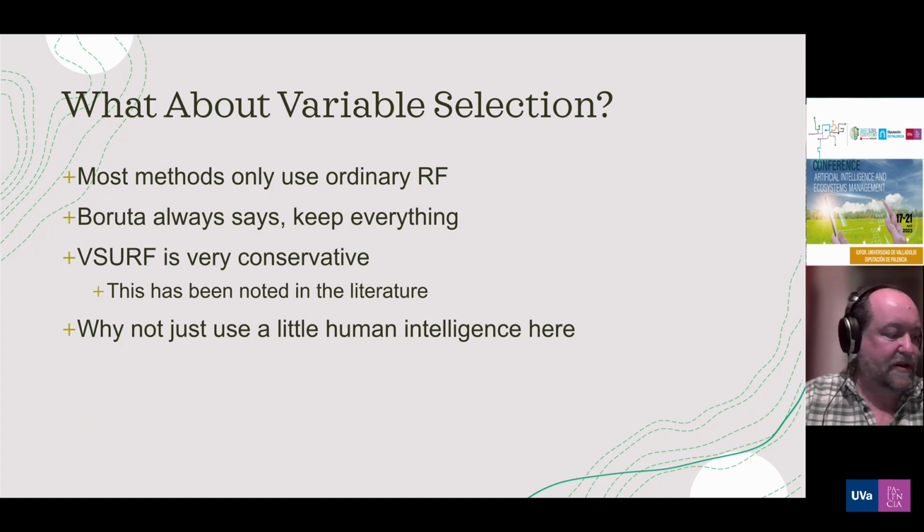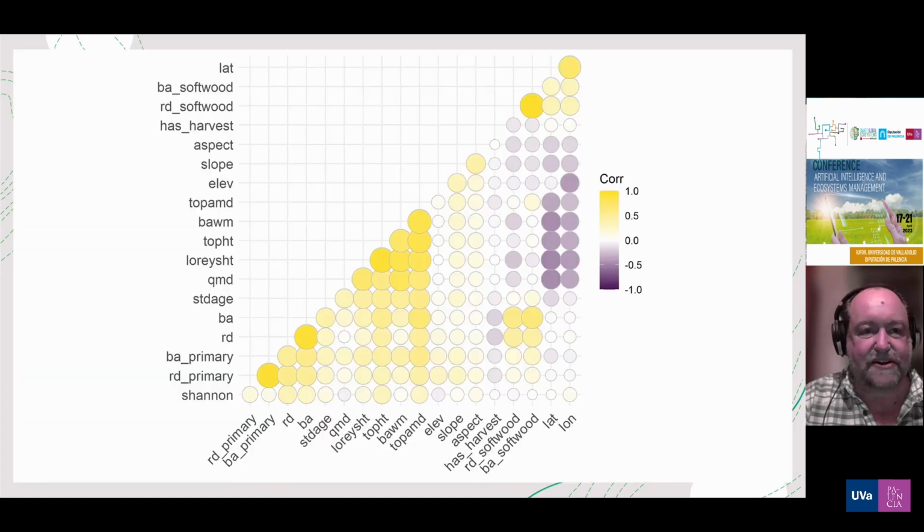So I think it's more useful to try to use a little brain power, reflecting back on the importance values, reflecting back on some of the patterns, what can we do to try to reduce the number of variables, and then see how that works on that independent withheld validation data. So, good traditional tools like our correlation plot. One of the things we see, we knew that relative density and basal area, either in total of primary species or softwoods, would be fairly well correlated. Not perfectly, an R value of maybe 0.9, but enough that it makes sense to only keep one in the model. And since relative density almost always edges basal area, in any given situation here, we'll keep the relative density